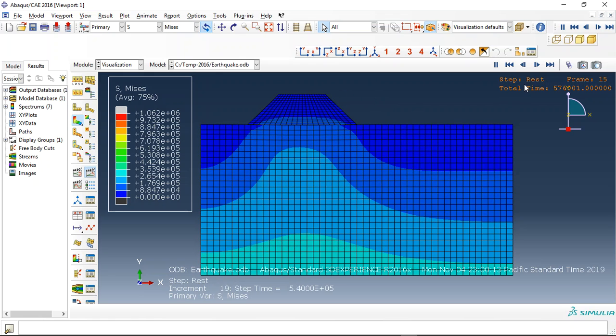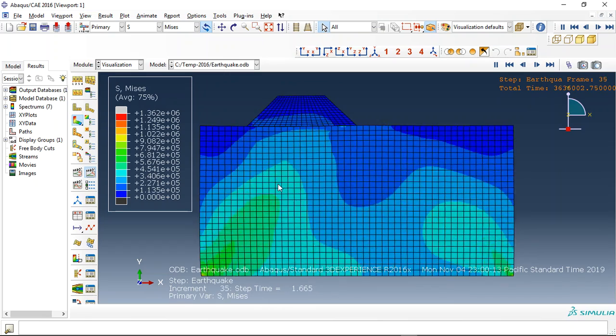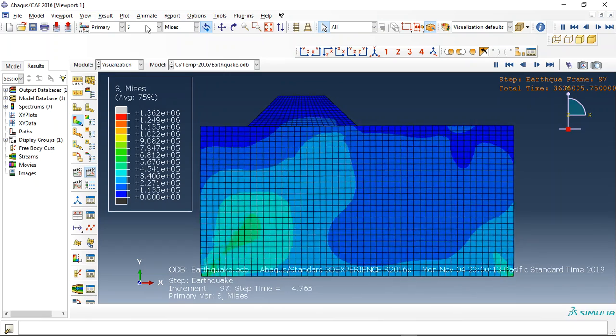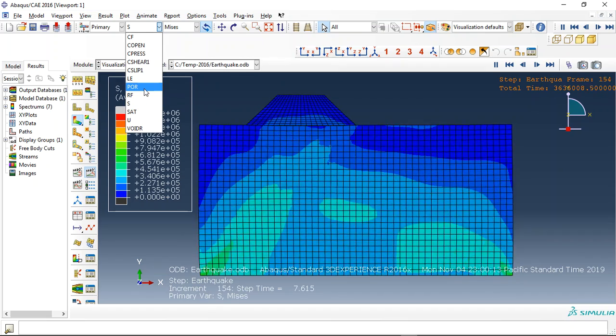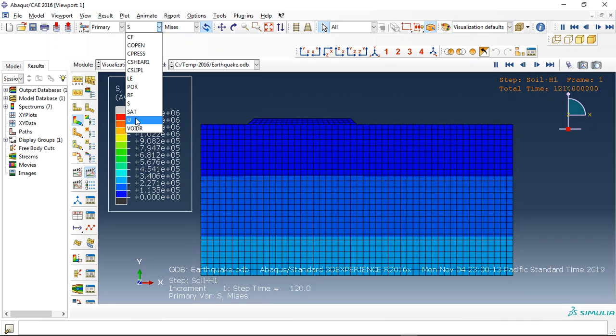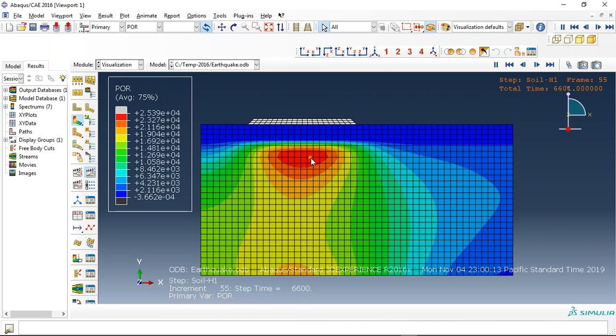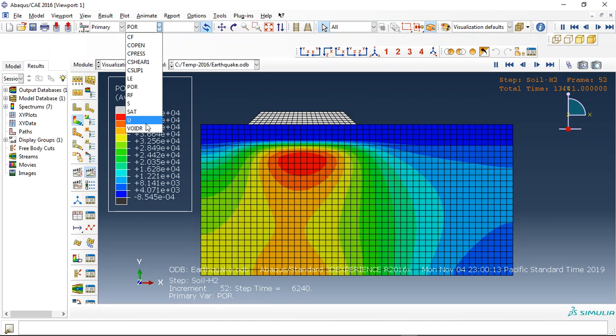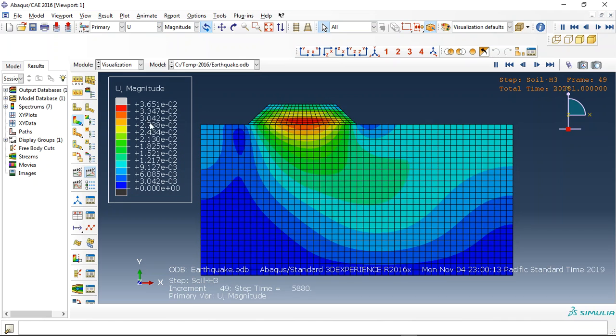And then we have the consolidation with a large time step, and then the earthquake. This is the earthquake. We can get, for instance, every result. For instance, here pore pressure or displacement,